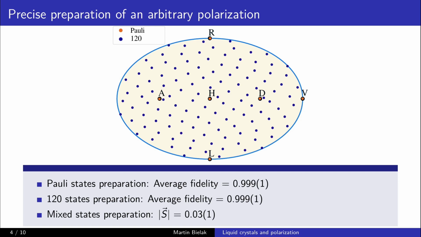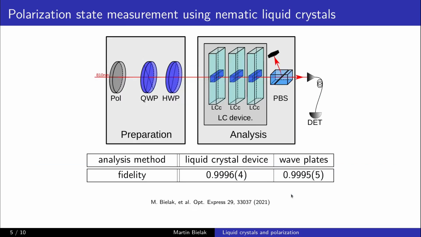Until now, I've been talking about polarization state preparation. So let's move to the polarization state measurement. Here the polarization state is prepared by the polarizer, quarter wave plate and half wave plate. This state passes through the twisted nematic liquid crystal device, which performs the polarization projection in combination with the polarization beam splitter. Here we go through all 6 Pauli projections for which the combination of the voltages was found in